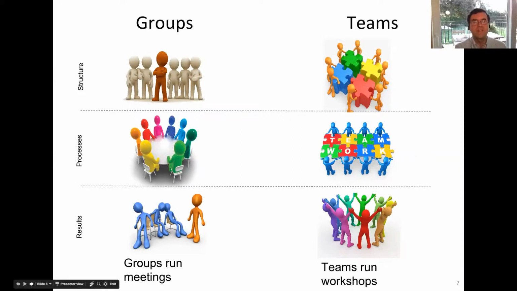That's the difference. In terms of the structure, you normally have in a group a leader, a group leader. In a team, this is a little bit more self-organized, and different roles interact with each other in order to accomplish a task. In terms of the group, the processes are normally linear. In teams, we normally have different types of group processes I'm going to explain in a few minutes. Obviously, in what concerns results, teamwork is much more engaging, and that's why we recommend workshops instead of meetings.